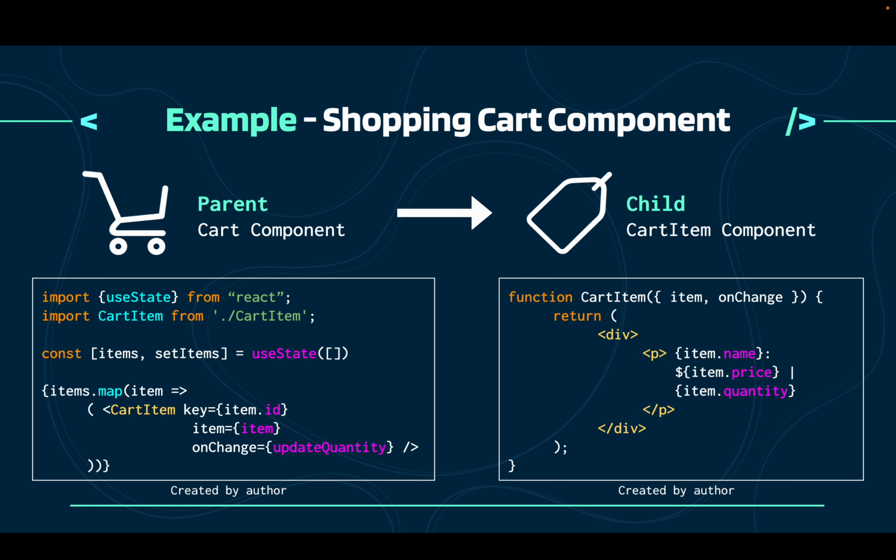When a user updates the quantity, the cart component updates its state, and this new value is passed down to each cart item as a prop. This approach is common in e-commerce websites. Managing cart data in a central state helps ensure a consistent user experience as users add, update, or remove items, allowing for easy updates and data flow across components.